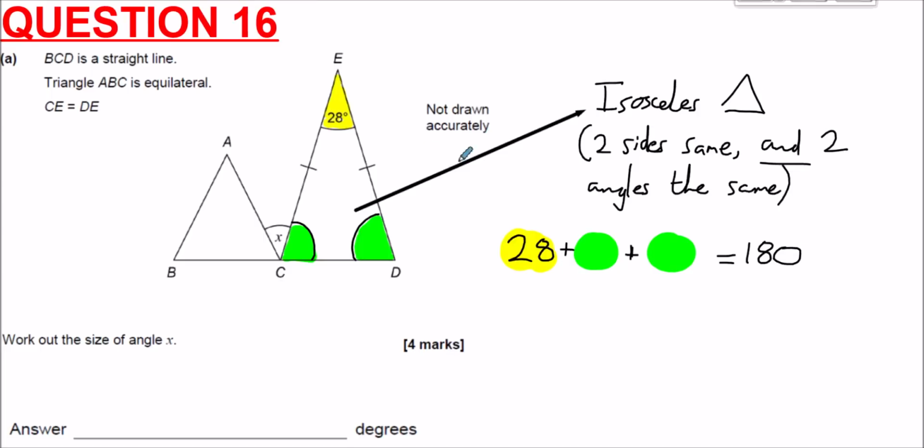So we can simplify this down by moving this 28 to the other side. If this 28 swaps side and joins the 180, it'll swap sign. This 28 as it stands right now is a positive number. When it moves to the other side, it will change to a negative. So 180 minus 28